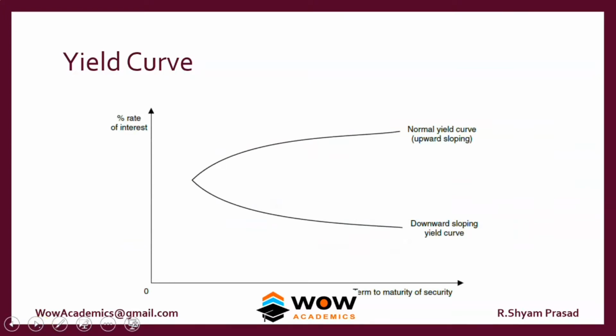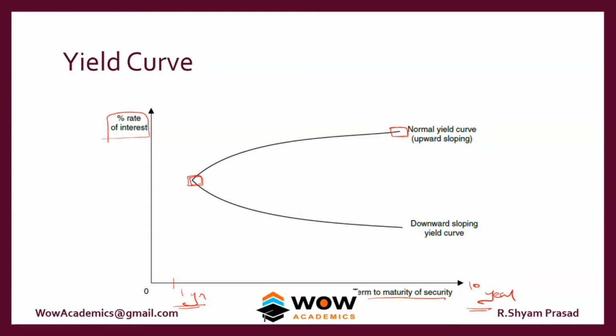So a yield curve is a representation like this. On one axis, you have the term to maturity. For example, you might have a 1-year maturing bond and you might have a 10-year maturing bond. And what is the rate of interest for that 1-year bond in the market? Normally, what they indicate is the shorter duration bonds have a lower interest rate and the longer duration bond has a higher interest rate.